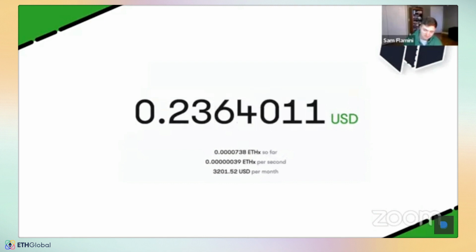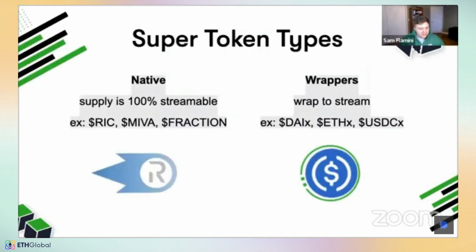But yeah, anyways, one last thing about the super tokens themselves. There are a couple types, right? So I mentioned the backwards compatibility thing. This is important, right? But there are two ways to go about deploying a new super token. The first is that maybe you are going to launch a token tomorrow and you want the token to be a super token. Awesome. We call that a native super token, where all the supply is streamable, or all the supply can be used within Superfluid agreements.